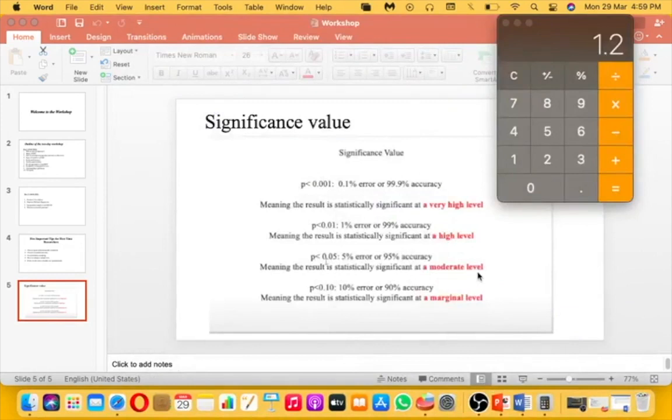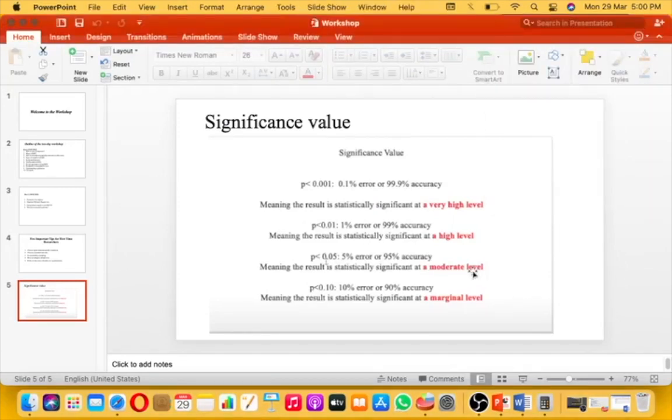In that sense, we can say we can trust this result. It is not untrustworthy, it is not the best result, but it is somewhat trustable. I can trust the result. I can make some generalizations with the help of the result. So, that is the third level. Usually, most statisticians will stop at this level. They will say if it is more than 5% error, then we should not trust the result.